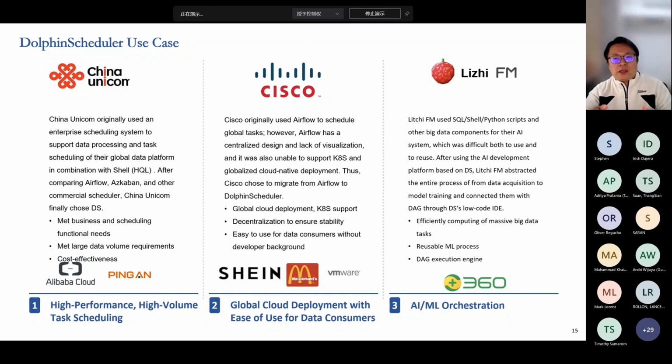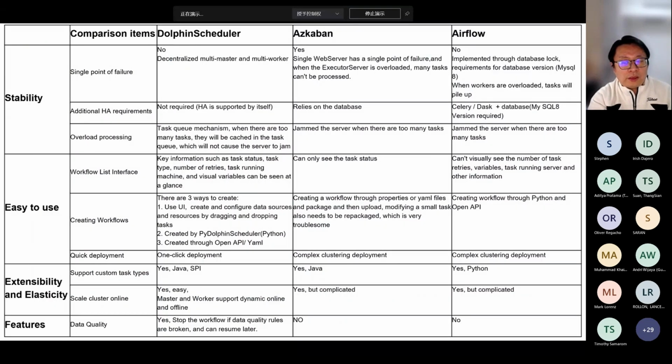So Ligier and 360 company are using Dolphin Scheduler on their data scientist platform for data training and for data preparation. So this is some use case for Dolphin Scheduler, and we do some comparison between Dolphin Scheduler, ASCAP, and Airflow,